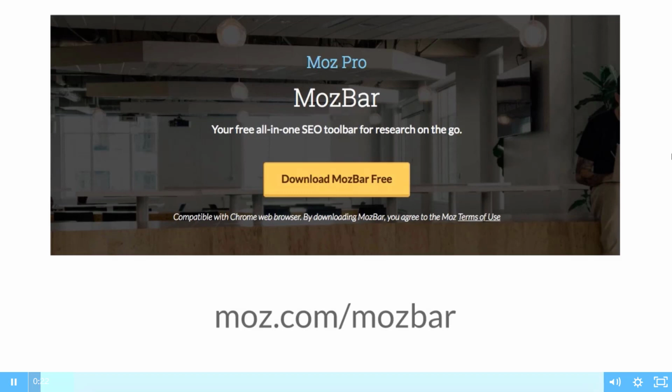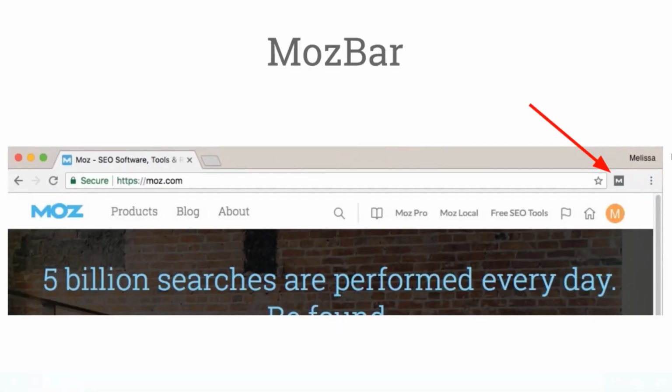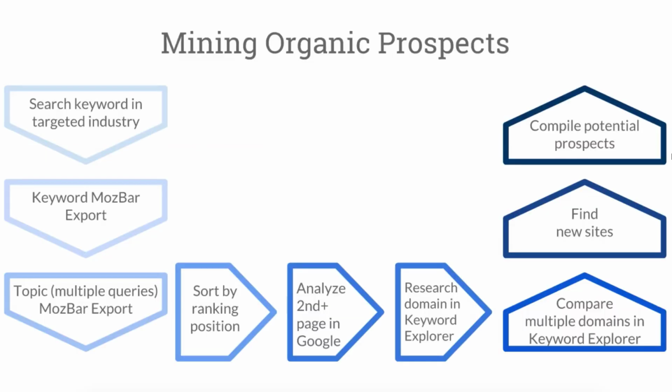moz.com/mozbar. And once you do that, you'll see the MOZ bar appear in the toolbar menu designated with an M. You'll be able to turn that off and on as you please. We'll go through the practice of prospecting for clients by industry. On your screen right now, you can see 9 steps. This is a process that you can use to find potential clients, and we're going to go through each step